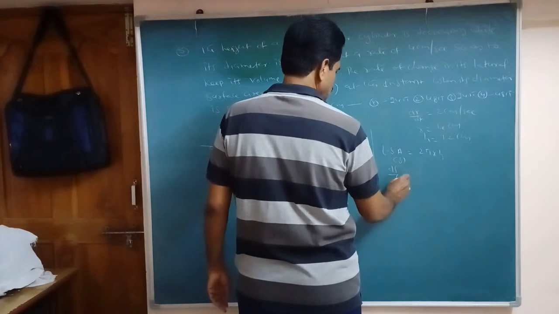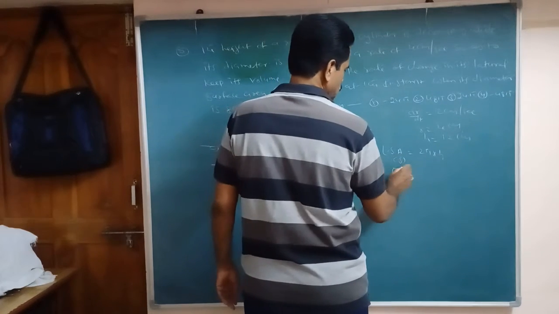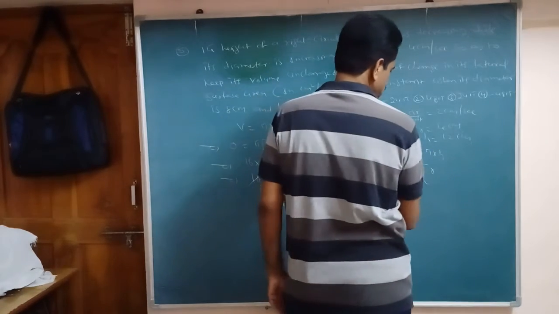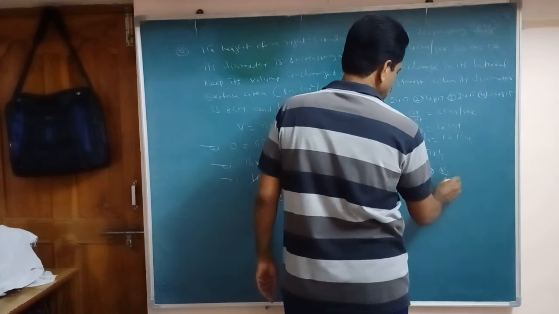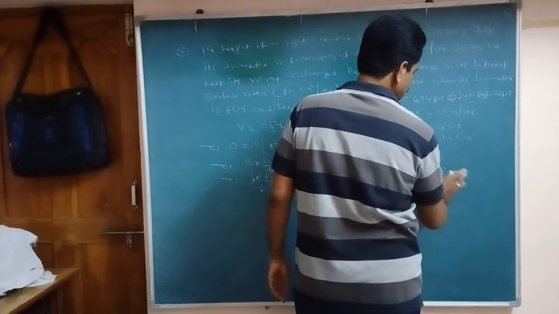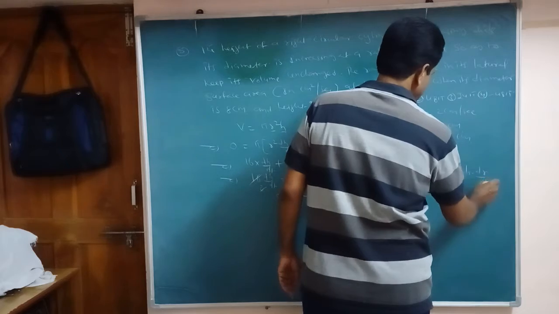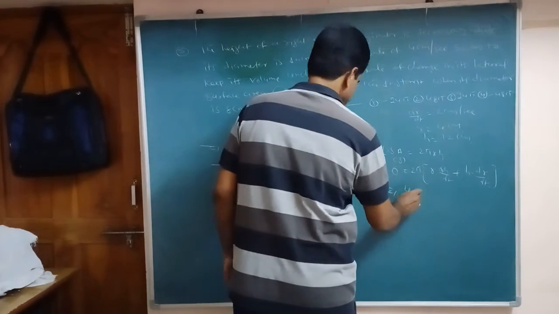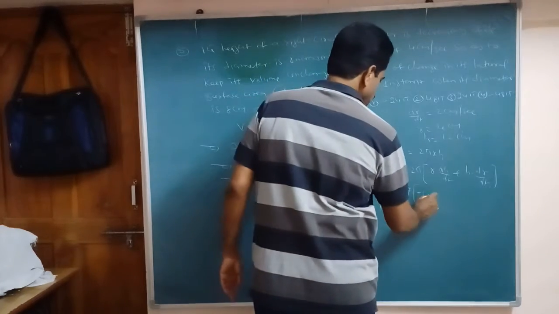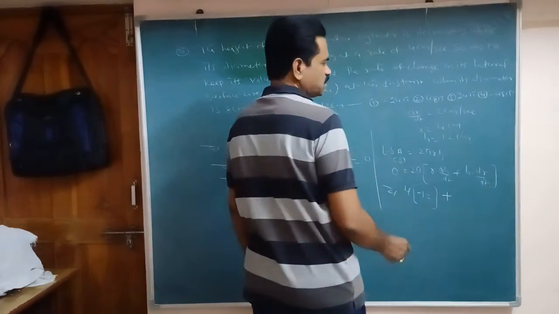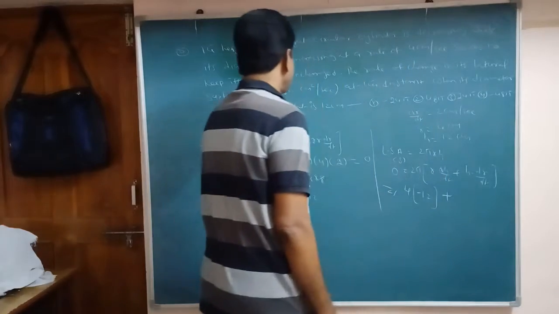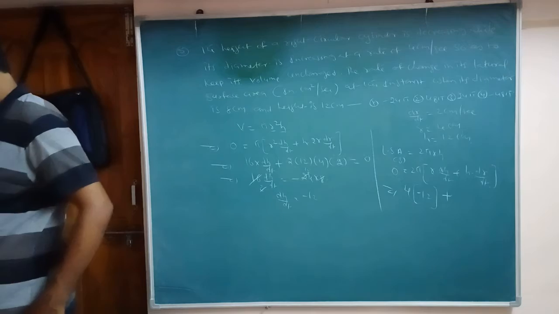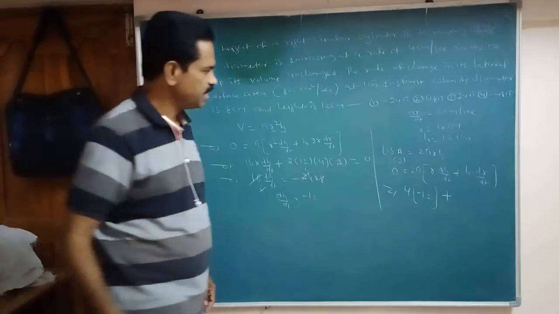ds by dt, here it is 0, equal to 2 pi into r. Here both are variables, right? So this is 0 into dh by dt plus r into h into dr by dt. So what is r here? 4. And dh by dt is how much here? Minus 12. Plus h is how much here? h. So what we have to find out here is ds by dt.